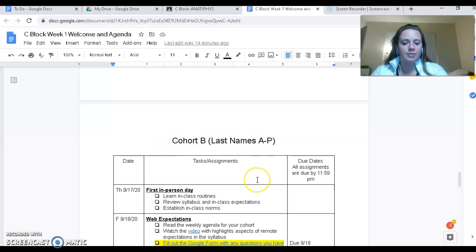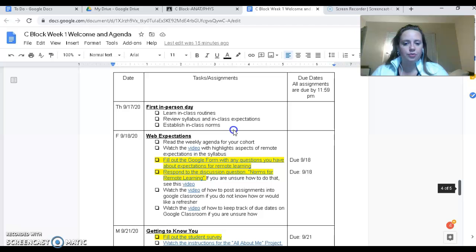Cohort B, last names A through P. I can see that this day we are in person, so I don't have any assignments due in Google Classroom remotely that afternoon today, but my first remote day on Friday the 18th, I need to read the agenda, watch a video, fill out the Google form with any questions, respond to discussion questions, and then some other videos that you do not have to do